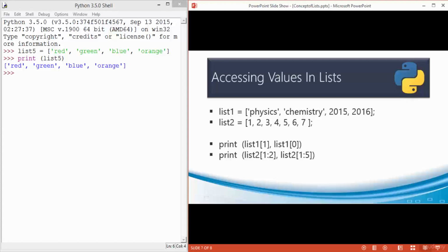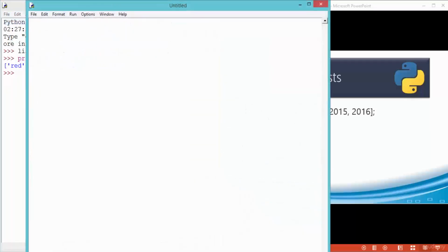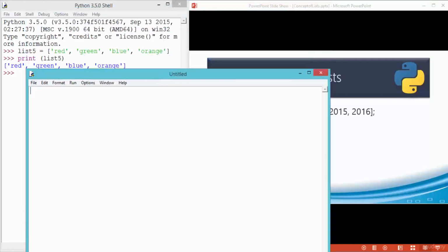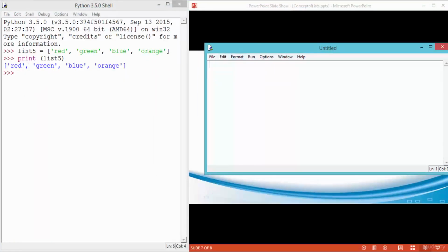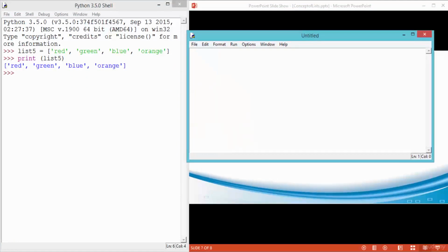Let me in fact demonstrate this. So I'm going to click on File, open up my shell editor here, and we are going to create a list and then try to access values within that particular list. Of course, I'm going to start with a comment. This is how you would create a list. You start off by assigning a variable, declaring a variable. Here's list 1, for instance, and the values